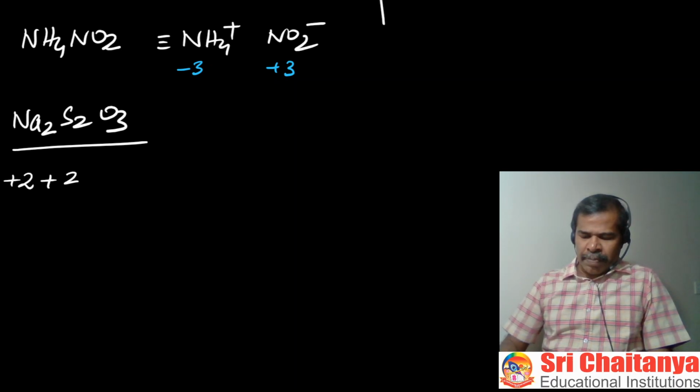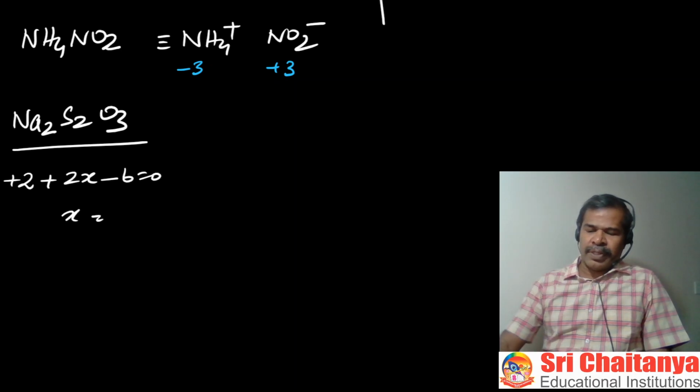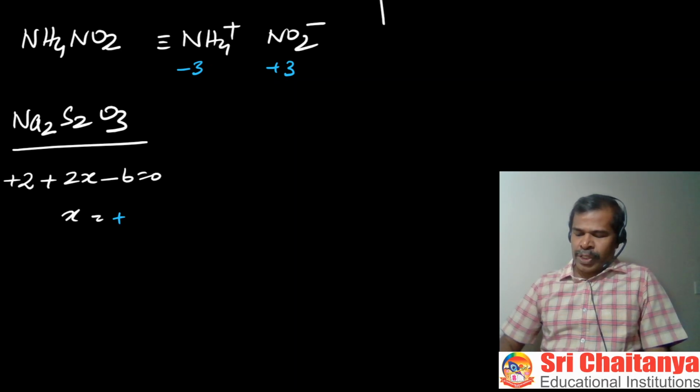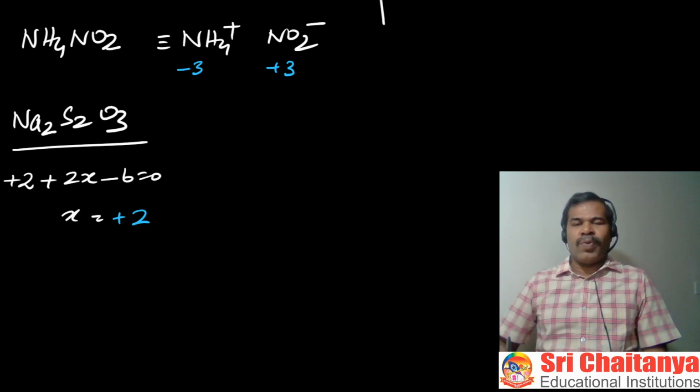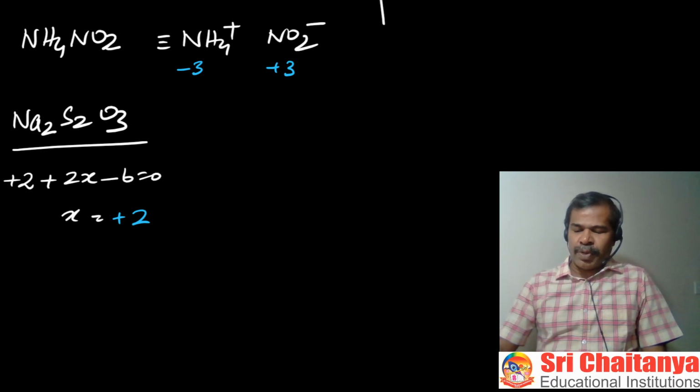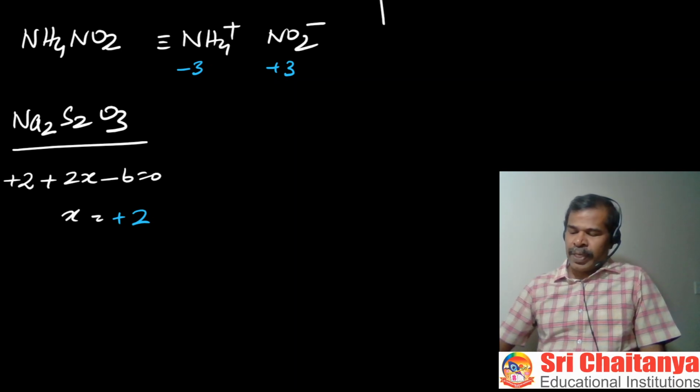+2 plus 2x minus 6 is equal to 0. So you get x is equal to +2. That is the average oxidation state. But then what are the individual oxidation states of these two elements in this compound, these two sulfur atoms in this compound? The structure of this compound is